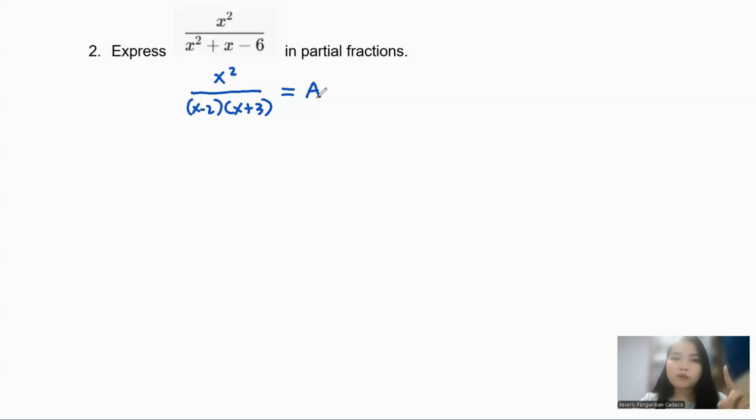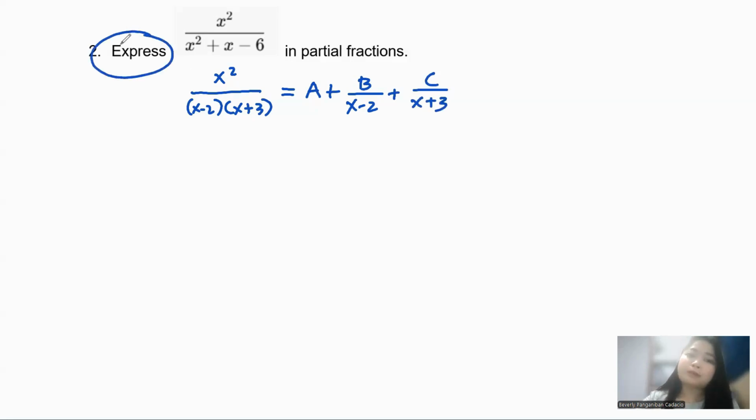But for example, you have cubic on the top and quadratic at the bottom, then you will have a linear ax plus b. But this one, we only have a, and then you're going to proceed the same way. The b will be there in the x minus 2, or again, you can interchange that. It doesn't matter. As long as you express it properly, then we're going to arrive at the same answer. Okay, so you can do substitution, you can do long division here because it's improper.